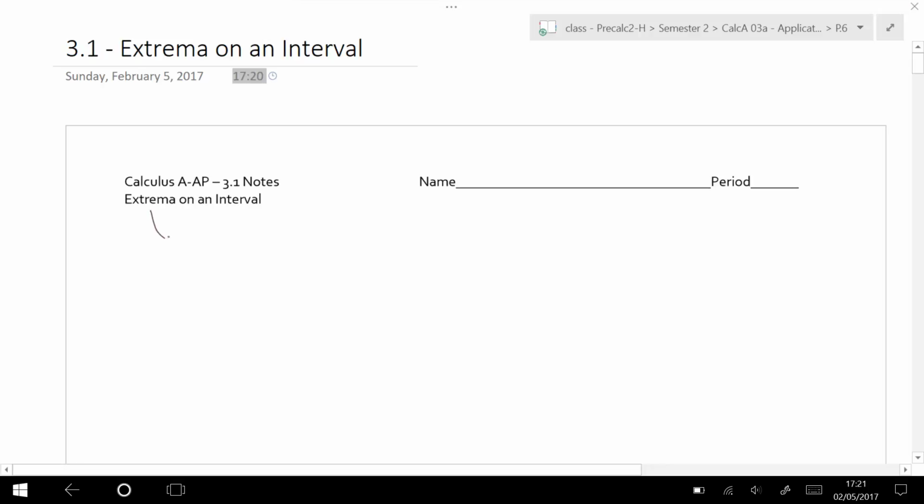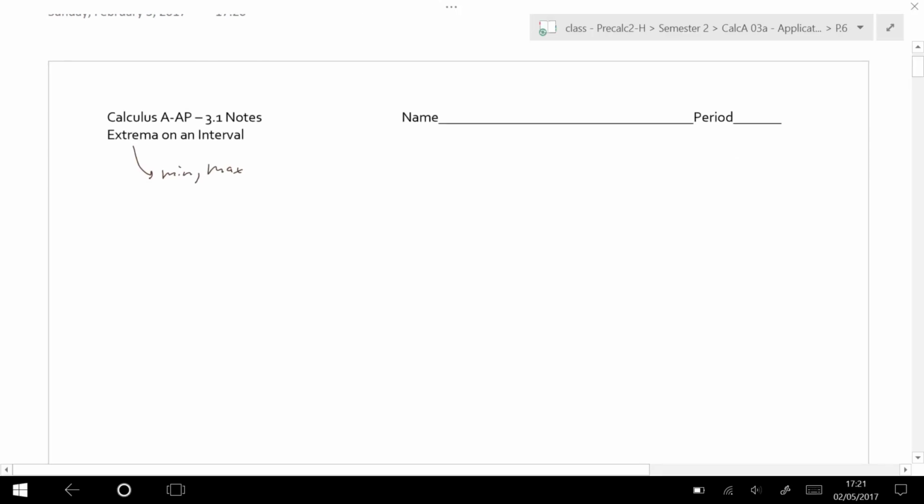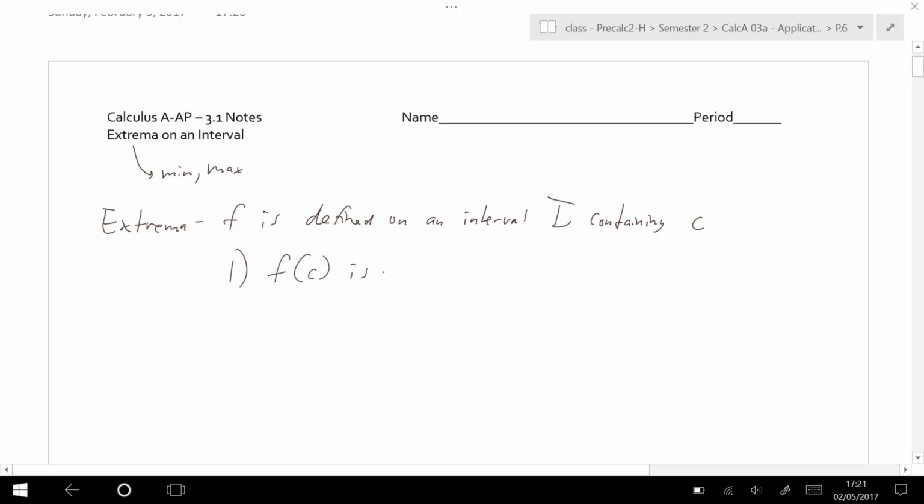Extrema is a fancy way of saying min or max. It's a general way of saying it. So a mathematical definition of the word extrema would be: if f is defined on an interval I containing some c, then I can say that f of c is the minimum